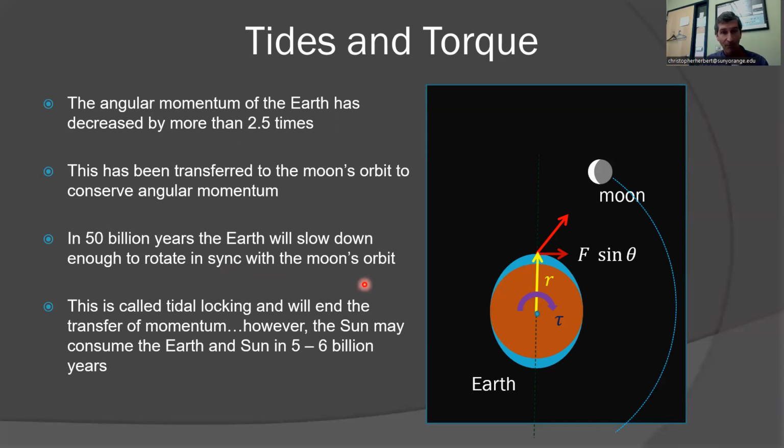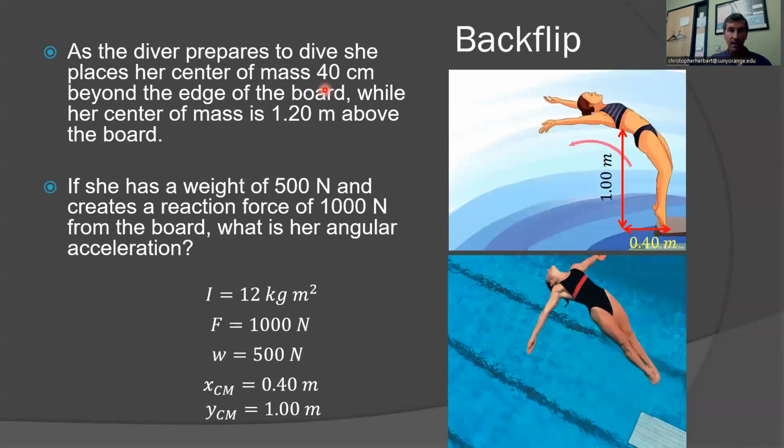This is called tidal locking, but we know that this will not happen. In fact, 5 to 6 billion years from now, the sun will blow out to become a red giant. And even if it doesn't destroy the Earth, it will probably disrupt the Earth-Moon system enough that this tidal locking won't have a chance to take place. But again, very important to understand that whenever we put a torque on a system, that torque will change the